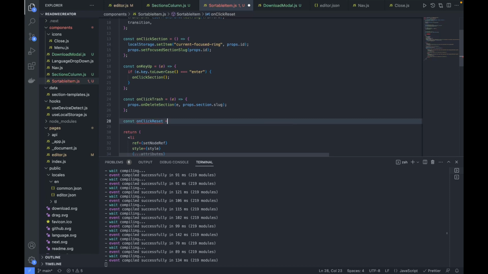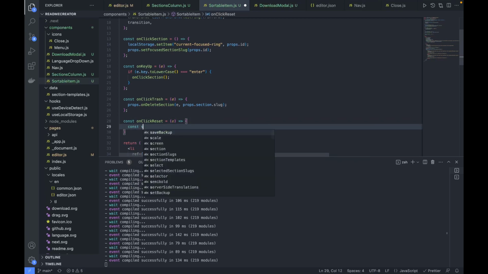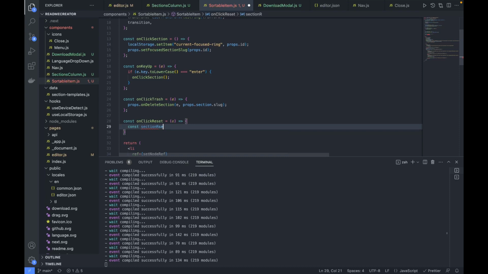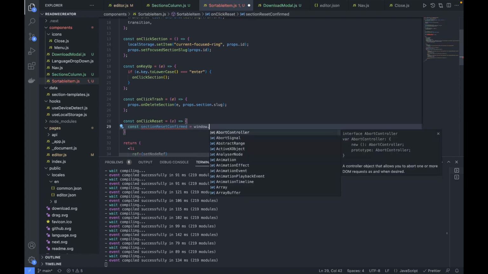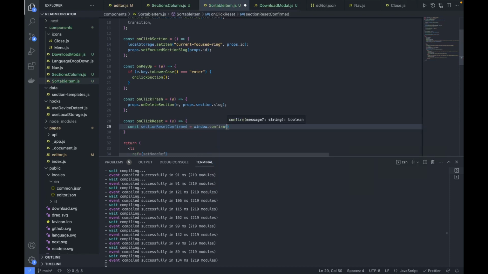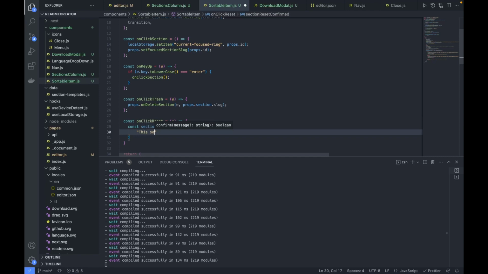reset, what we'll do here again, the input parameter will be passed as event, and here section reset confirm, we'll ask: are you sure you want to go ahead and reset things. So here the content will display: the section will be reset to default template. To continue, click OK. This is what will display on the window. Okay, if he presses,